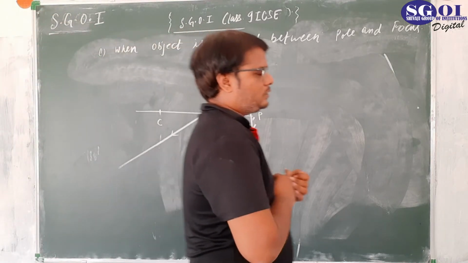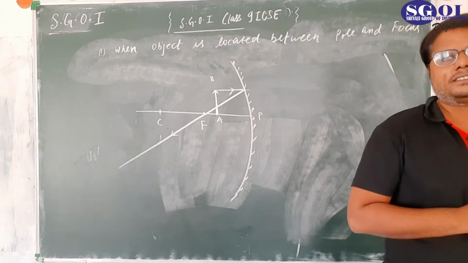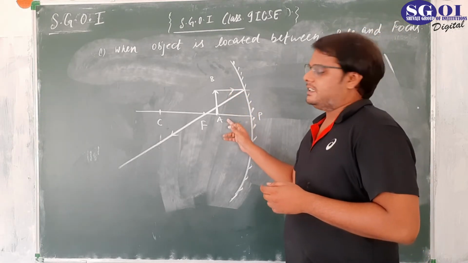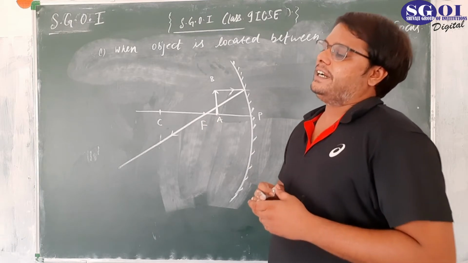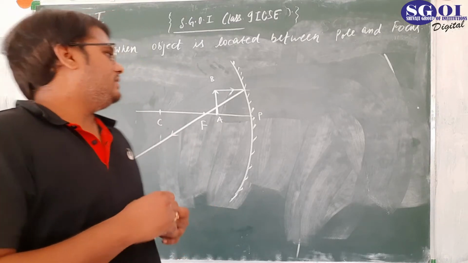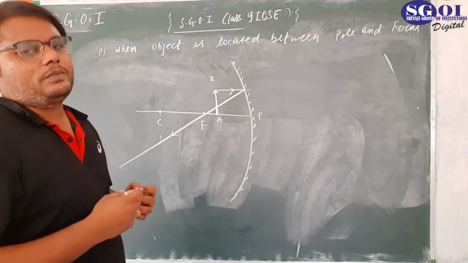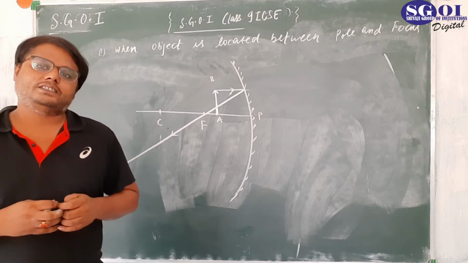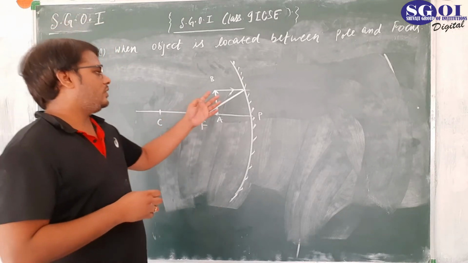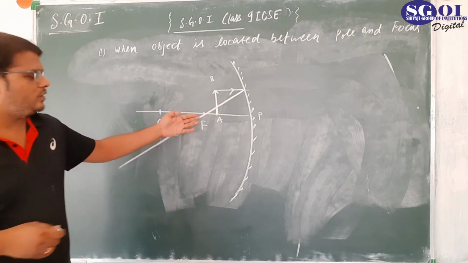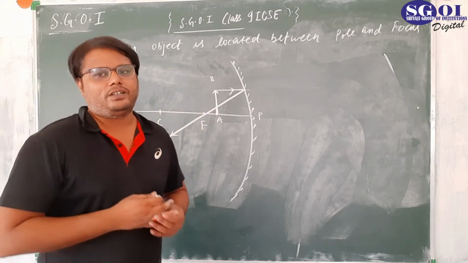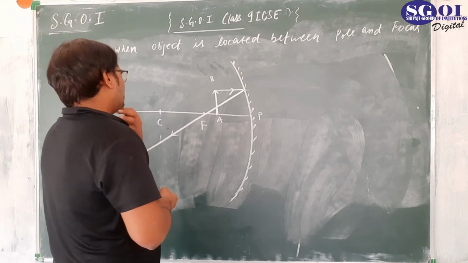Now we need another reflected ray. What does our rule say? We talked about it, that the ray which goes parallel to the principal axis goes through focus after reflection. And second, I told you that a ray which passes through focus becomes parallel after reflection from the mirror. But that case cannot be fulfilled here, because rays always start from the object, and our focus is located before the object. So the second case cannot be fulfilled here. We have to take another ray.